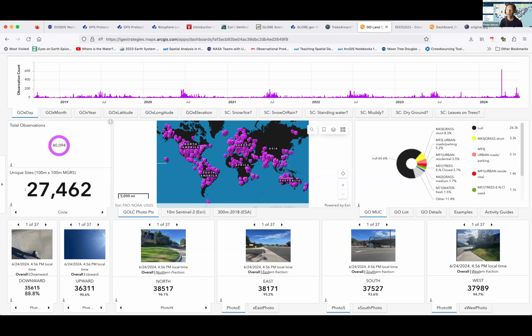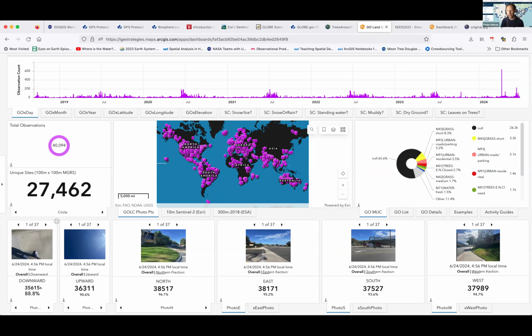And so in theory, we have 27,462 unique sites. And the great thing about them is that we would hope that they would also have 6 photos associated with them. That helps us to confirm that we're actually looking in that location. And again, one of those things that we find out is that, oh, nope, not all of the points have all of the data, right?